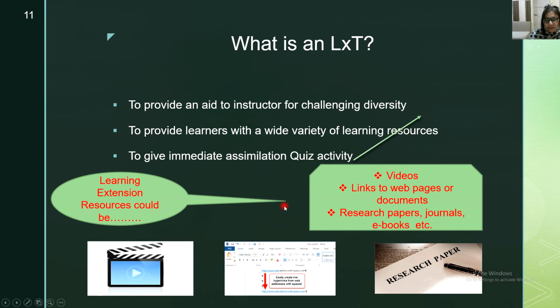So next is why we are focusing on the assimilation quiz activity. Suppose let's take an example. Simply think that your lecture was very interesting and you got to know that students are keenly interested in knowing more.